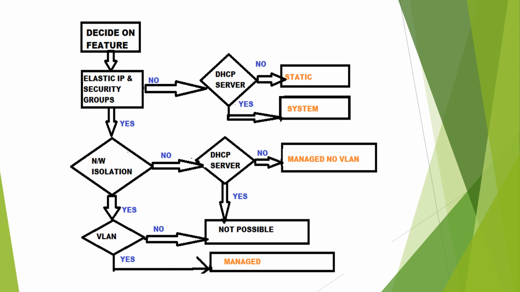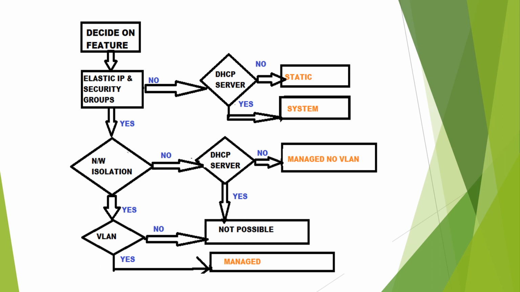So for summing up the operation modes, I have drawn this flow chart. The very first step is to decide what are the services that the modes are using. If they are using all the four services provided by Eucalyptus or one or two services provided by Eucalyptus. So firstly, if it is using the Elastic IP and Security Group service and also using the network isolation service and also using the virtual local area network, then it is definitely the managed mode. Now, if it is not using the Elastic IP and security groups, neither using the dynamic host configuration protocol server, then it is definitely the static mode.